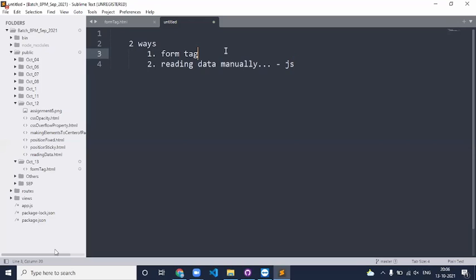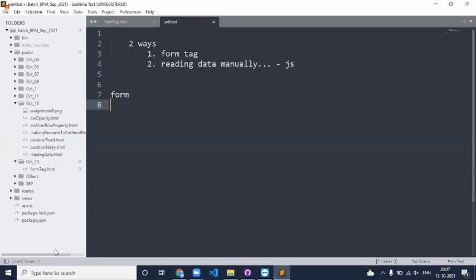So first of all, let's go with the first way: how you can read the data and send it to the server using the form tag. Form is a very useful predefined tag, which is capable of automatically reading the data and automatically sending the data to the server.